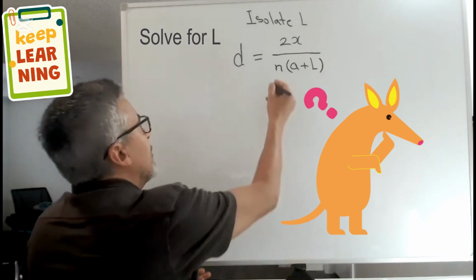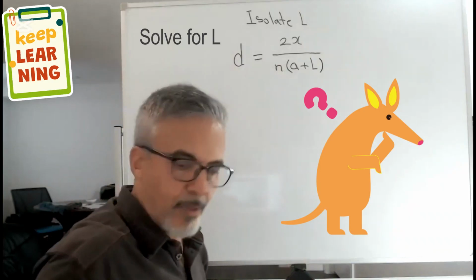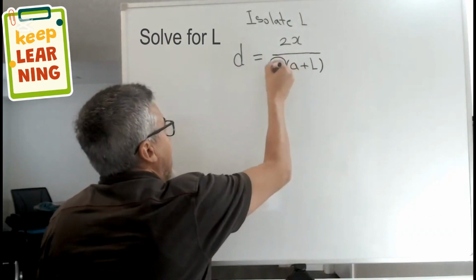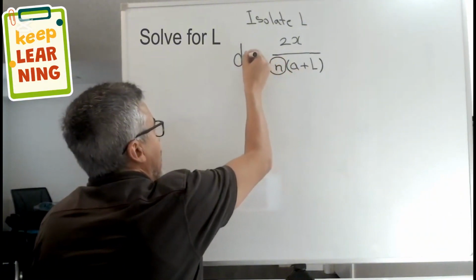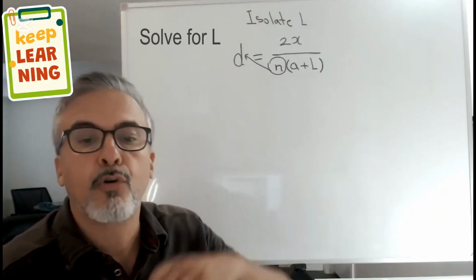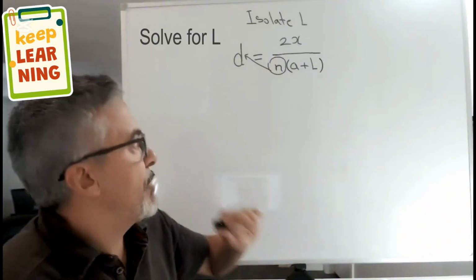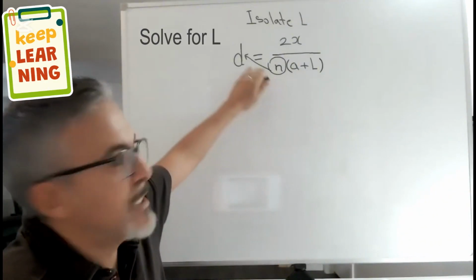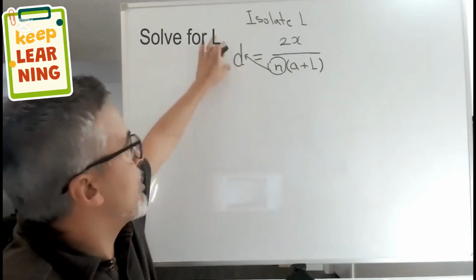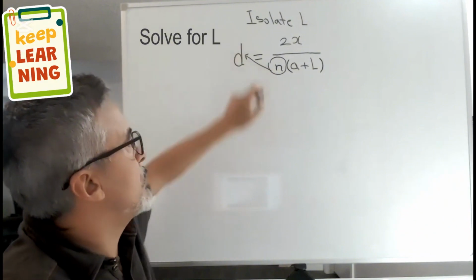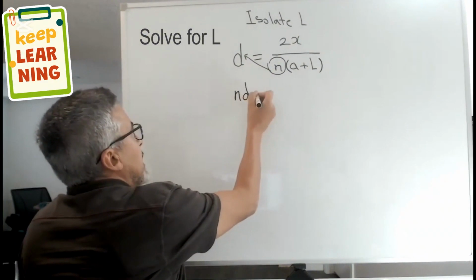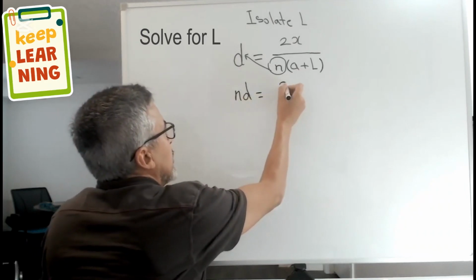It means here, the first thing I'm gonna do, let me get my pen. I'm gonna take this n right here and I'm gonna cross multiply it to the d. Remember, I said anything on the bottom of a fraction, you could cross it to the top. If it crosses the equal sign, it has to cross to the top. And remember, this d here is over 1, so that's why we call d the top. So n crosses to the d, and I'm going to have n d equals 2x